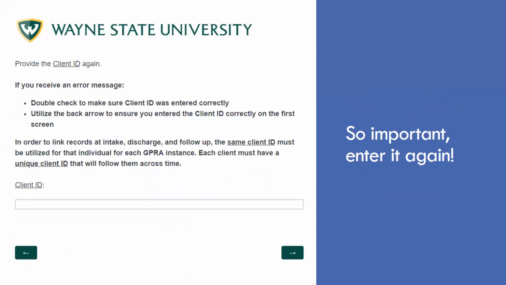We'll ask you to provide that client ID again because it's such an important part of knowing which client is assigned to which GPRA. And we've learned in the past that there are keystroke errors. We really recommend that once you type in the client ID the first time, you copy and paste it into this field just to make sure we're getting it in exactly the right way every time. If your client ID verify field and your initial client ID entry don't match, we will email you to that initial email address and ask you to verify. It's really not a big deal, but it's just nice to keep the process moving forward.